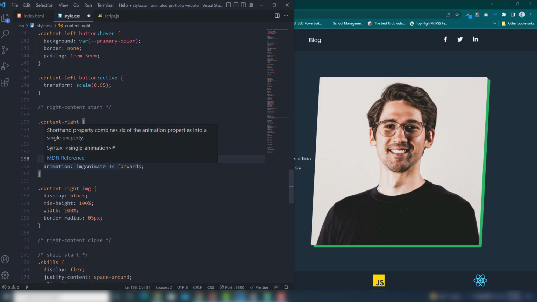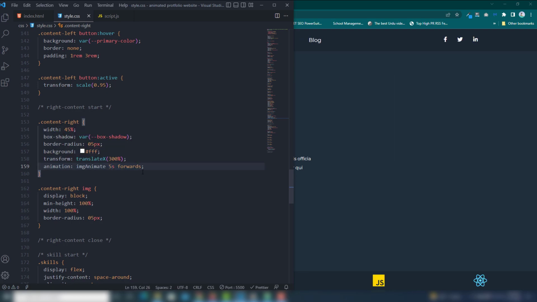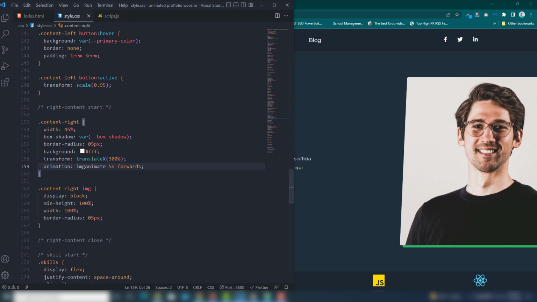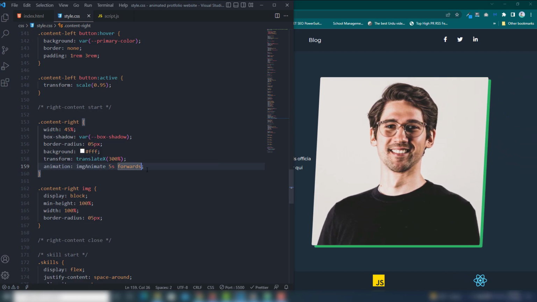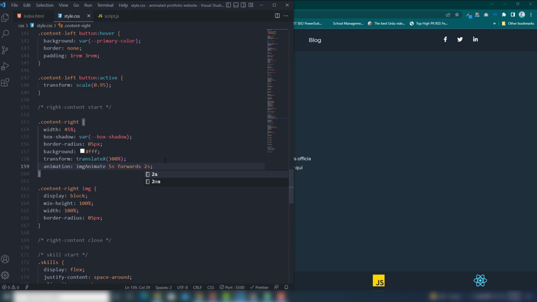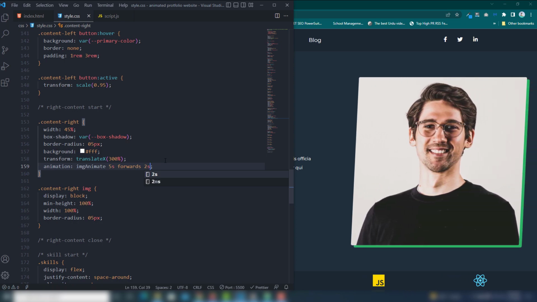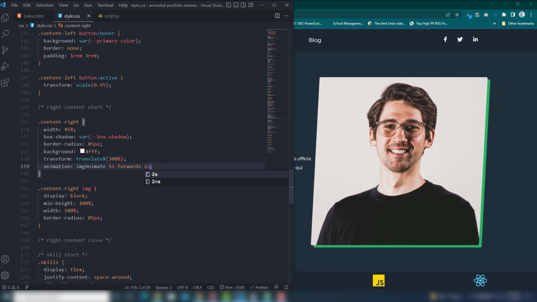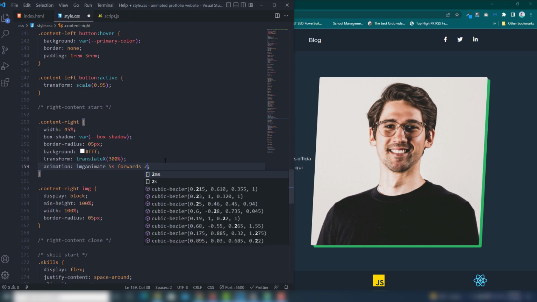And if you increase the size, you can also add the delay. For example, if you want to delay the image, you can do this. I'm going to use 2 seconds. It will wait 2 seconds, and once the 2 seconds have been completed, the image appears in the same position. But I'll leave that.